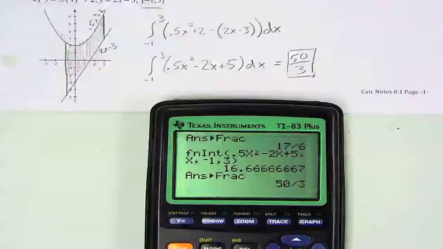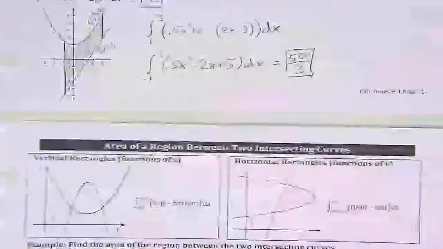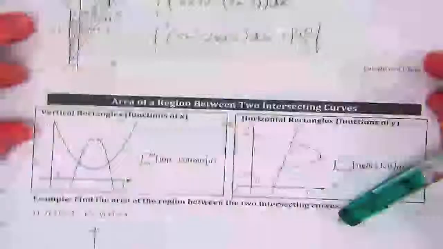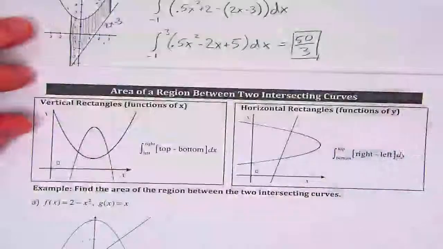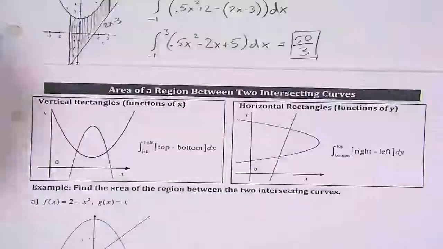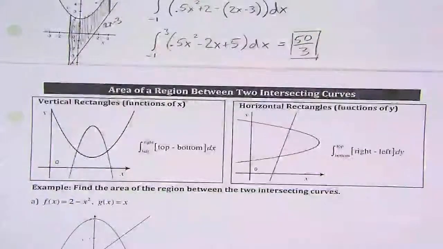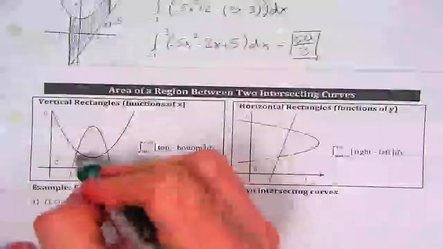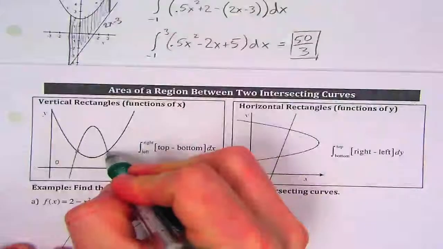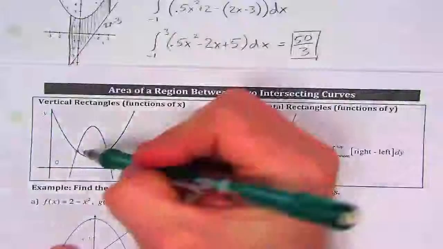Okay, so that's how to do it when the region is defined for you. Let's move on to page 2, shall we? Leave that right there just a minute. So now we want to find the area of the region between two intersecting curves. So when we look at these two curves, we can see they intersect here and here. So the area that we're looking for